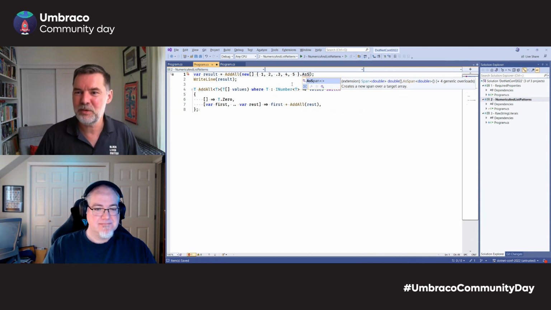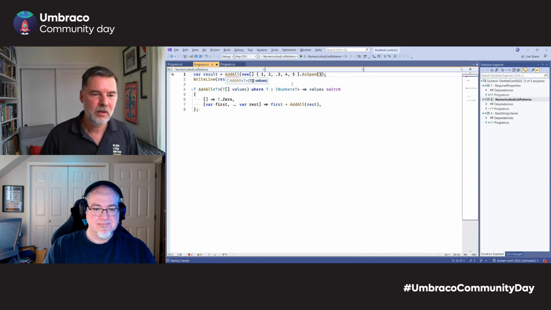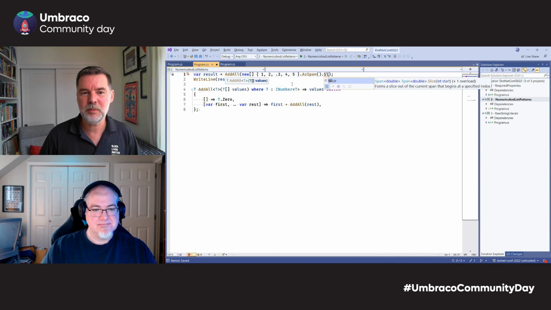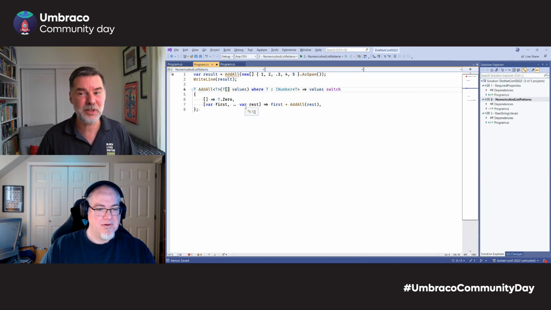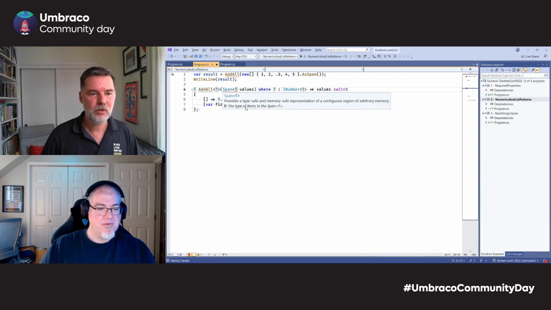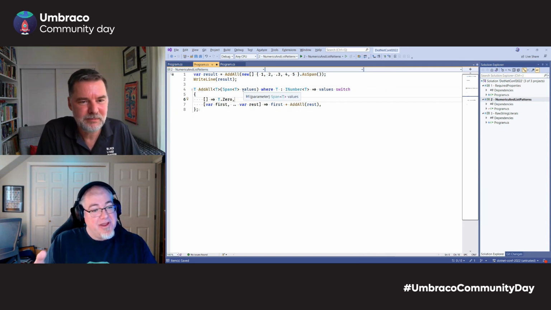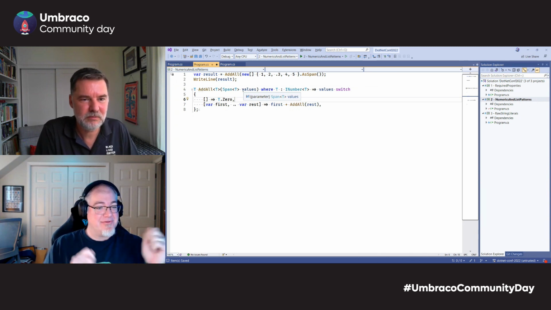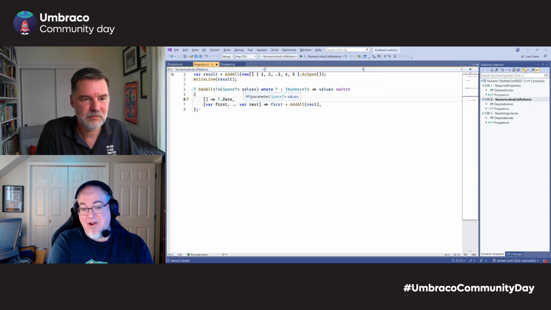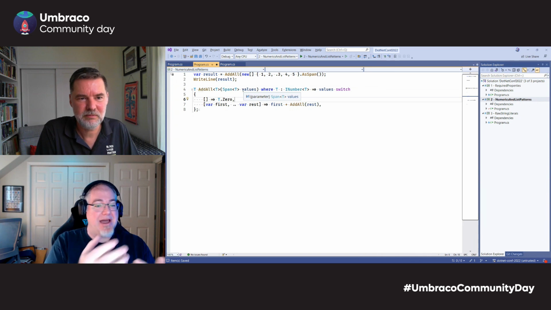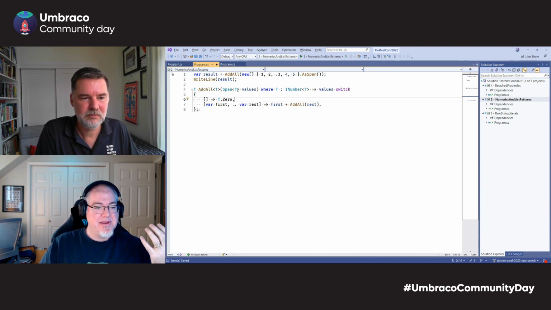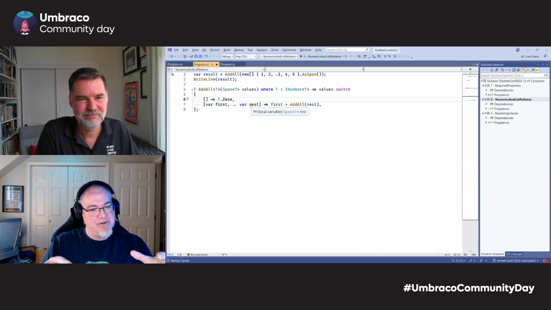So once you're doing slicing, whether you're doing it directly or with the list patterns here, it's really important to think about the efficiency of your slicing and how often you're going to do it. Are you doing it recursively like we did here? So yes, if we turn this all into a span of T, now values is a span of T, so it's still an array, right? Inside there is still this array of 5 doubles that we defined above on line 1, but now we're treating it as a span. Span being a very efficient struct that can only be allocated on the stack. Now when we call that in here, rest produces a new span, but it's still